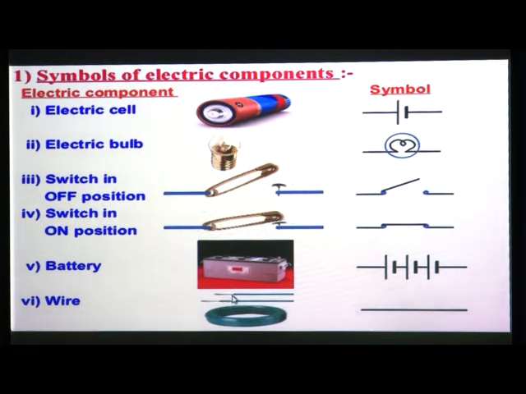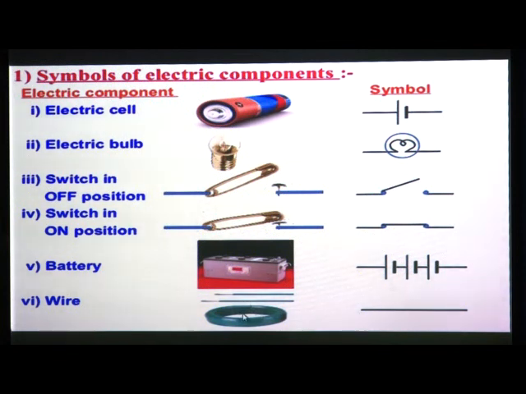Okay. So do you know what is meant by insulator? We learned in our previous lesson. Can you tell me what is meant by insulator? The substance which does not allow the passing of heat is called an insulator. Also we know that substances which do not allow current to pass through themselves are called insulators again. So these are insulators of electric current.